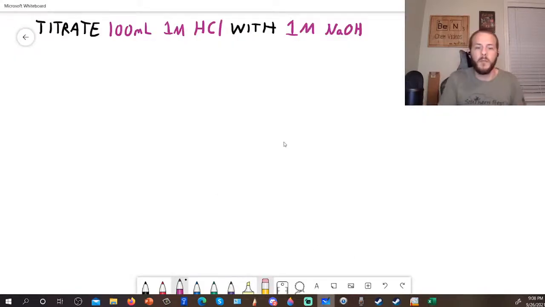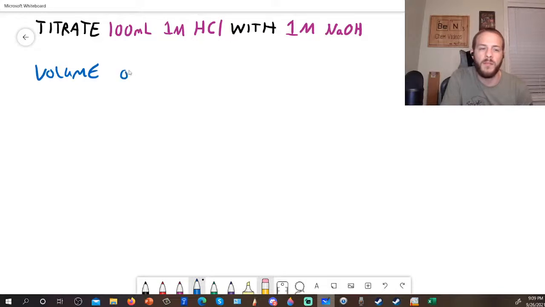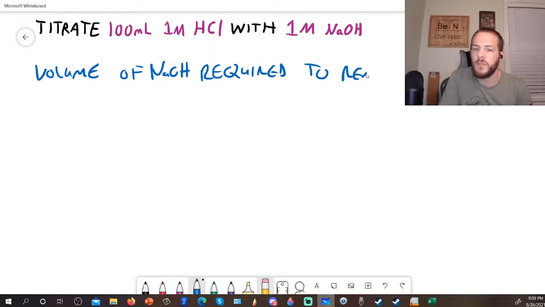So the first thing that I want to calculate here, and this is very typical with titration type problems, is the volume of sodium hydroxide that is required to reach the equivalence point. So let me write that down. So volume of sodium hydroxide required to reach the, I'll just call it EQ point,